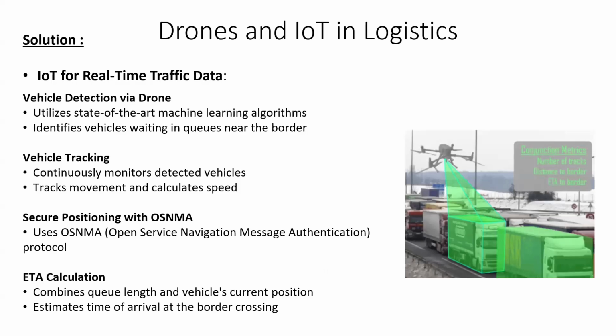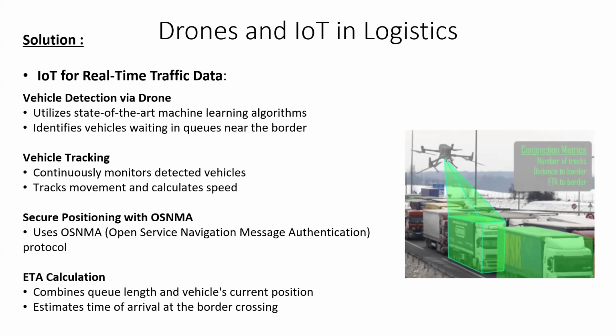First of all, we have the IoT for real-time traffic data. Using state-of-the-art machine learning algorithms, vehicles waiting in the queues near the borders can be detected by drone. The next step is to track them as needed, and finally calculate their speed. To find the current coordinates of the image where the track was taken, the OSNMA authentication protocol is used. This protocol establishes a secure connection to avoid spoofing attacks. Finally, by knowing the queue length and the vehicle's current position, the estimated time of arrival at the borders can